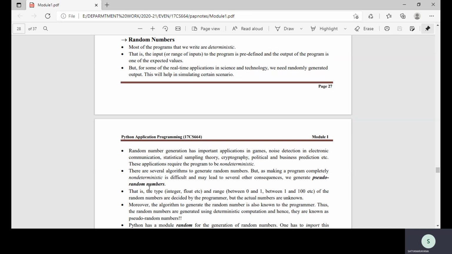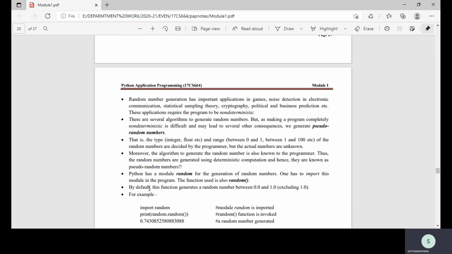So the procedure where we are getting the input in various forms and from various resources, those particular applications are called non-deterministic applications. Deterministic is where we know some predefined input is there, and some expected output we are going to get. Sometimes there is a possibility that you won't give the inputs. So the input is random numbers. Somewhere it is getting generated, we are getting that. That kind of application is called non-deterministic.